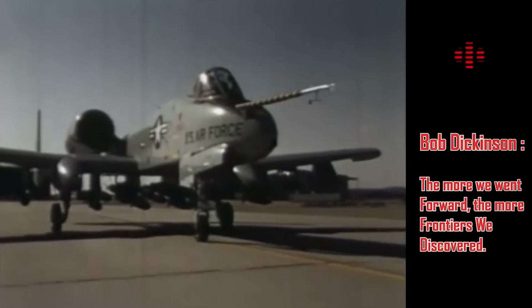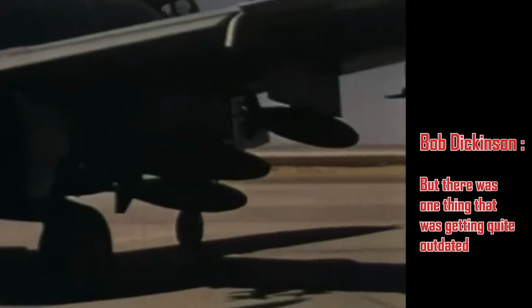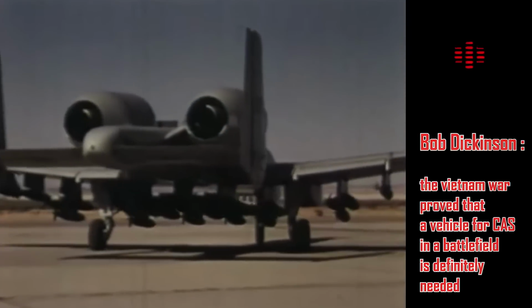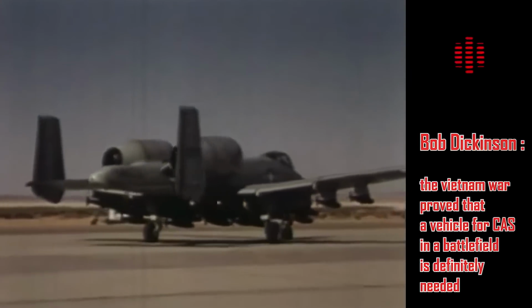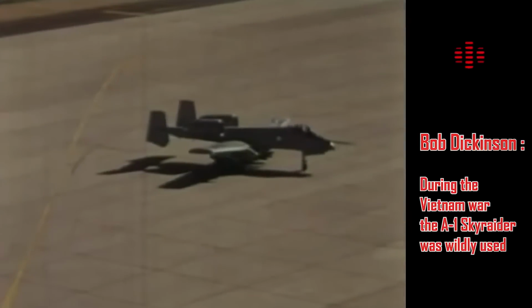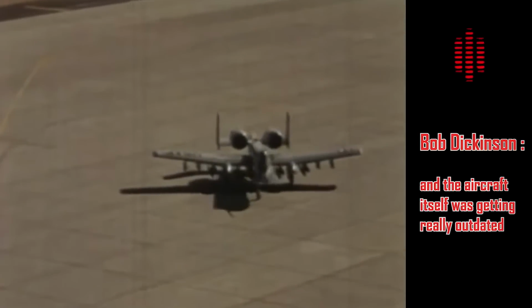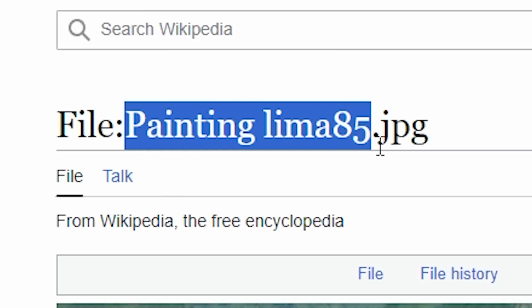The more we went forward, the more frontiers we discovered. But there was one thing that was getting quite outdated, and it was the close air support aircraft. The Vietnam War proved that a vehicle for close air support in a battlefield is definitely needed. During the Vietnam War, the A-1 Skyraider was widely used, and the aircraft itself was getting really outdated. I mean, come on, last time they used a prop plane in Vietnam was...